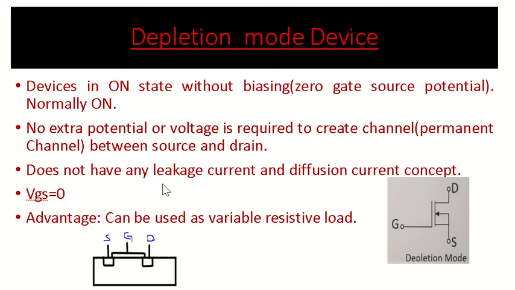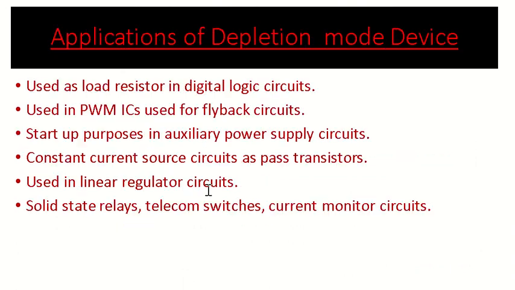Coming to the advantage, what is the advantage we can say? It can be used as a variable resistive load in any of the circuit devices. This is the main advantage, variable resistive load. What does it mean? We can connect it as a load in the circuitry. So that is the main advantage we can say, whereas the advantage of enhancement, which we have already seen, is that it has ultra fast switching capability. Yeah, so that is the main advantage of depletion mode, and its applications are,